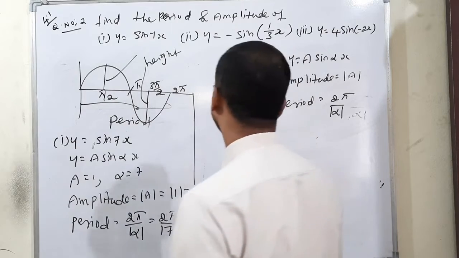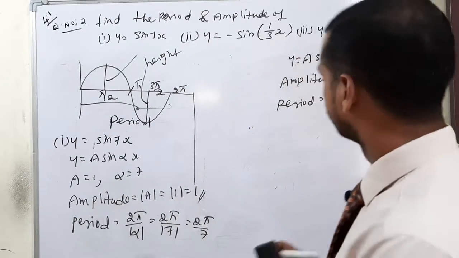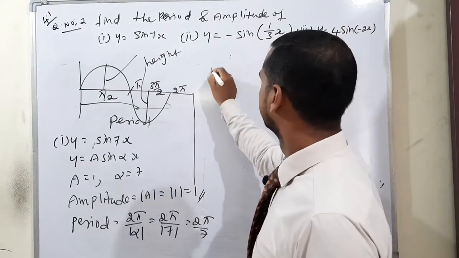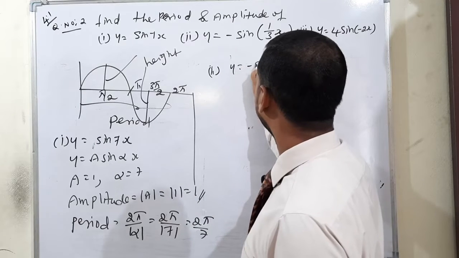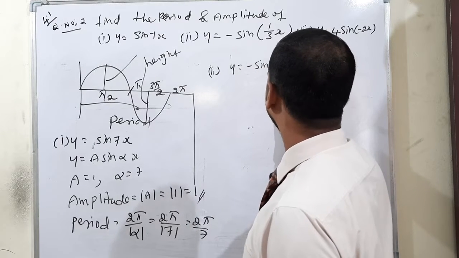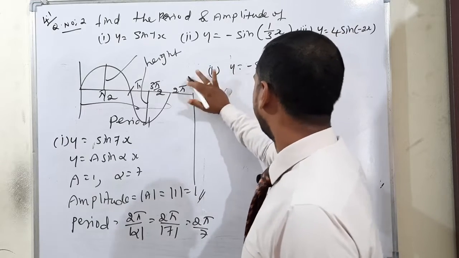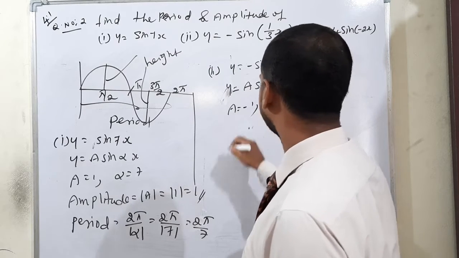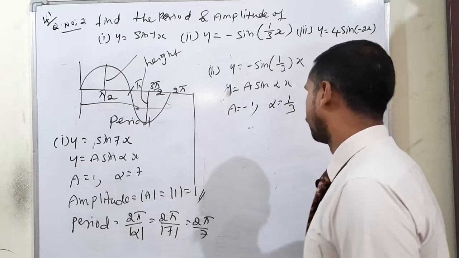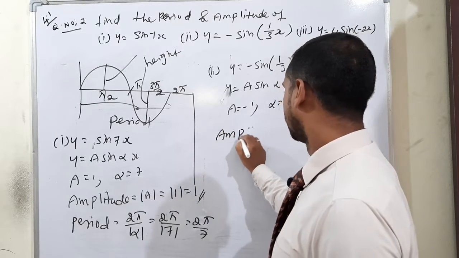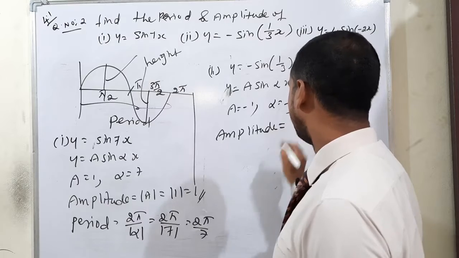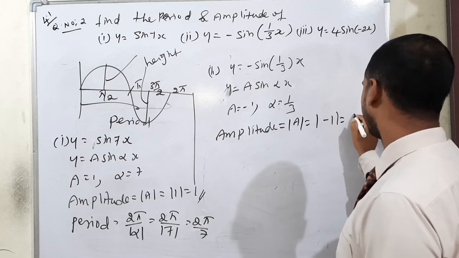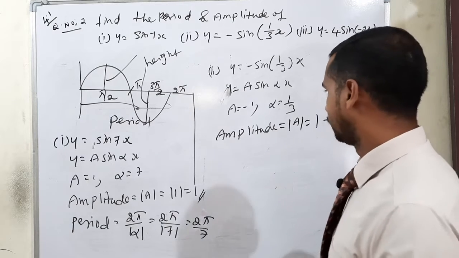Moving to subdivision 2: y is equal to minus sin 1 by 3x. Comparing with the basic form y is equal to a sin alpha x, a is equal to minus 1 and alpha is equal to 1 by 3. Amplitude is the modulus of a, and we know a is minus 1, so we write it as positive 1 without the modulus. Then period